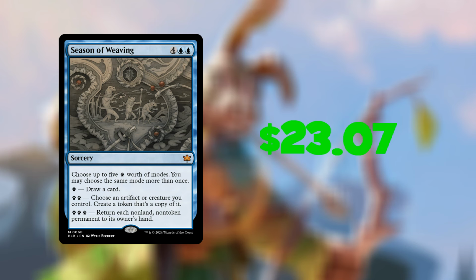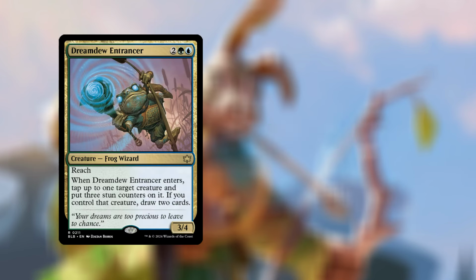$23.07. Up next, we have Dreamdew Entrancer for 4 mana, 2 green, blue. We have a Frog Wizard, 3/4 with reach, and when Dreamdew Entrancer enters, tap up to 1 target creature and put 3 stun counters on it. If you control that creature, you draw 2 cards. And this is currently going for